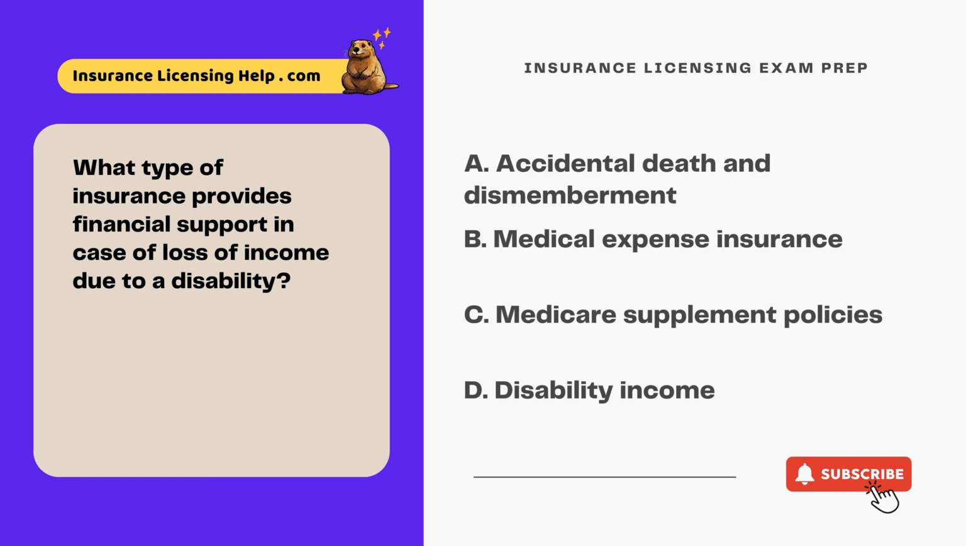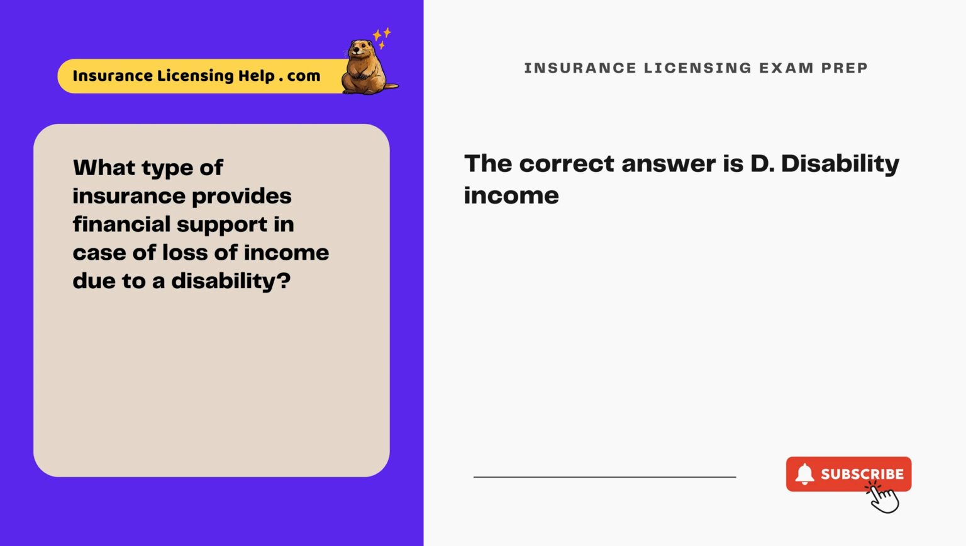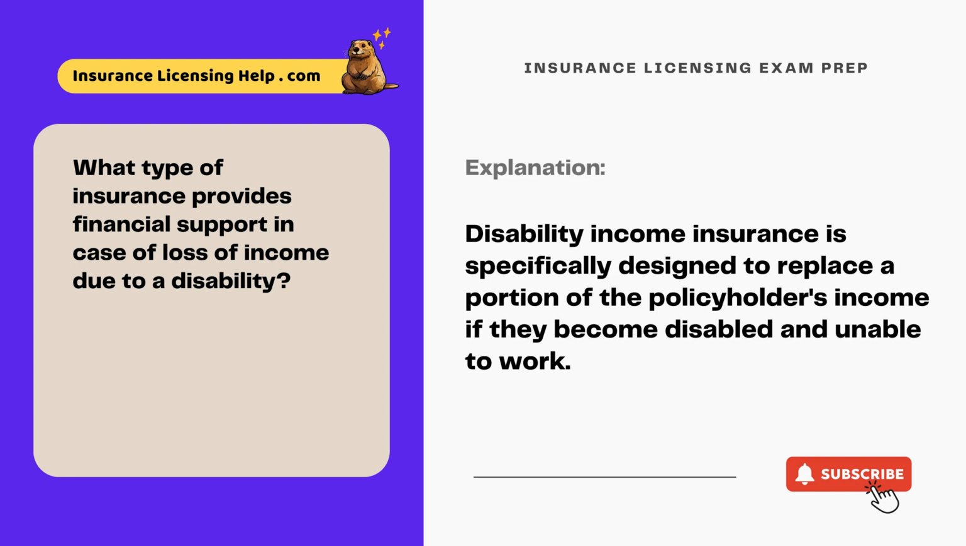A. Accidental death and dismemberment. B. Medical expense insurance. C. Medicare supplement policies. D. Disability income. The correct answer is D. Disability income. Disability income insurance is specifically designed to replace a portion of the policyholder's income if they become disabled